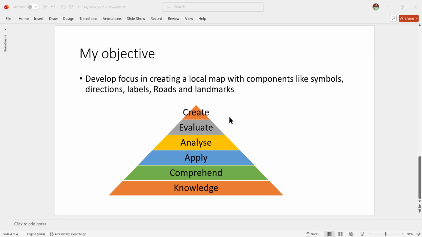Now, what questioning techniques can that be? For example, after creating the map, students can have a peer discussion. That is, asking the other student to decipher the student's map. As the peer deciphers the map, there will be questions like, what does this represent? What direction are you actually taking at this particular juncture?